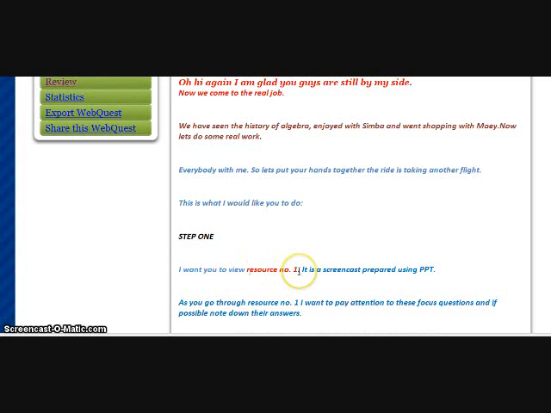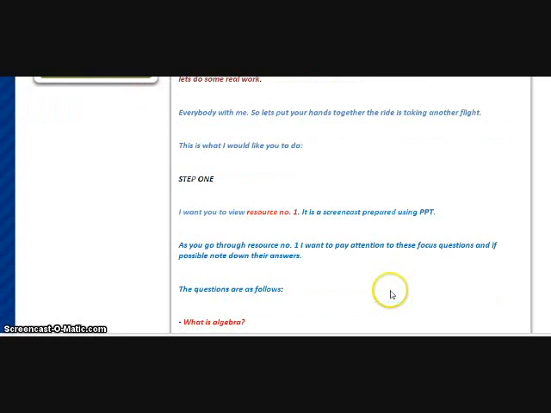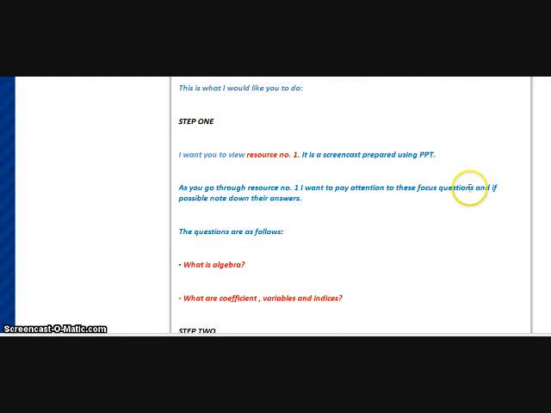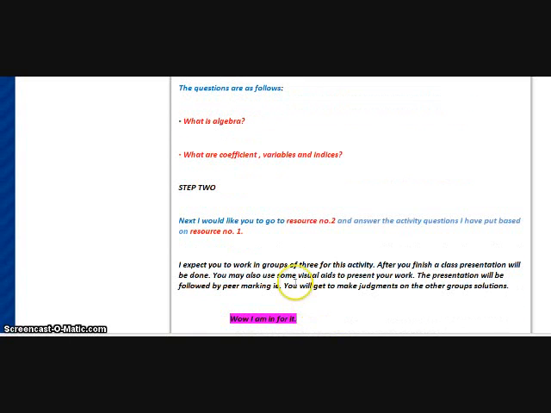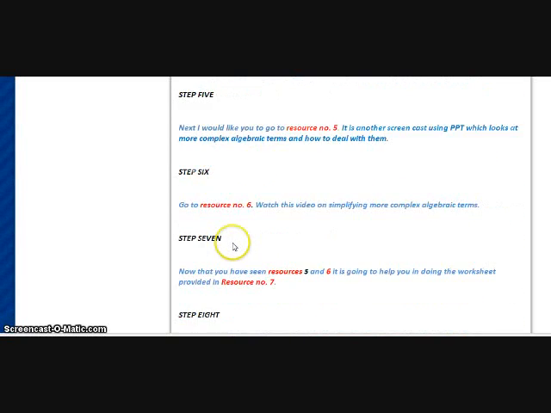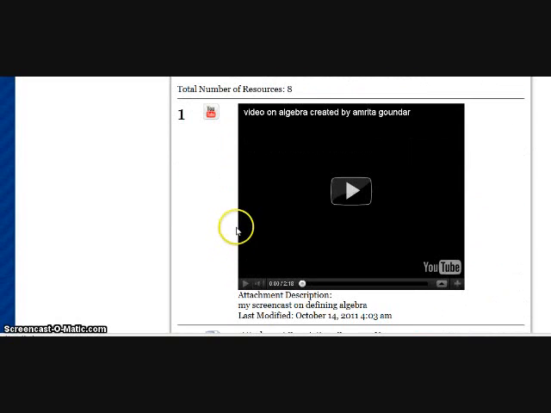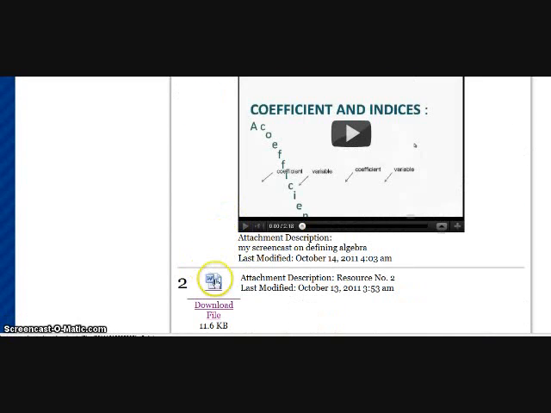Resource number 1 is a screencast prepared using PowerPoint presentation, and it focuses on questions like what is algebra, what are coefficients, variables, and indices. Step 2 is a resource that is based on step 1. After going through resource number 2, the student should be able to answer questions such as defining coefficients, variables,